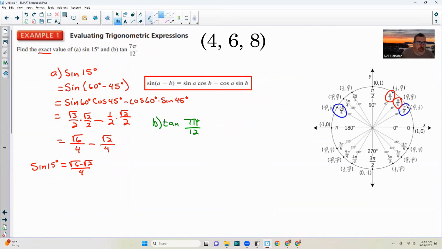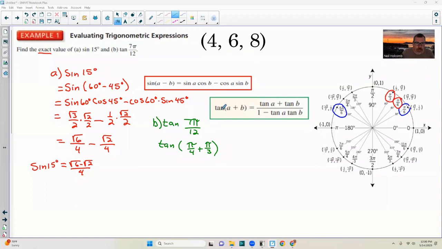Okay, so let me switch back to my green pen. So this is going to become the tangent of pi over 4 plus pi over 3. Okay, so now I need those rules. Okay, so here's the rule of tangent of an angle plus another angle, which is what we have. So tangent of 7 pi over 12 equals tangent of pi over 4 plus